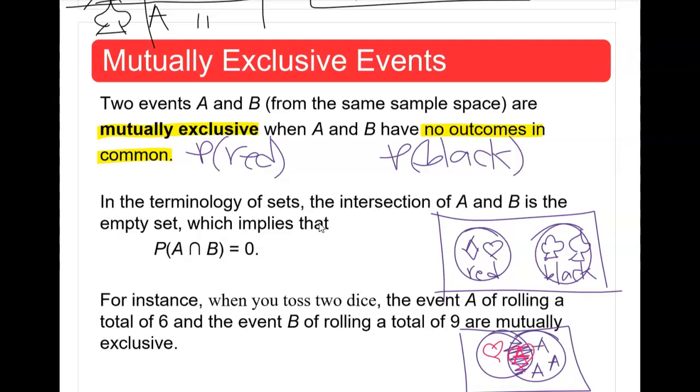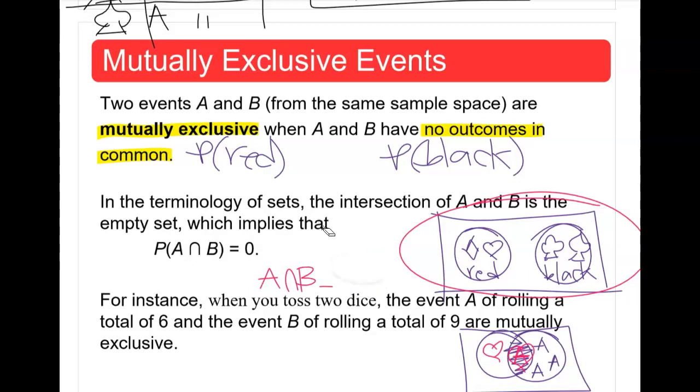It is a heart and it is also an ace. That would not be mutually exclusive, but the ones where the intersection is the empty set, such as A intersected with B is the empty set,